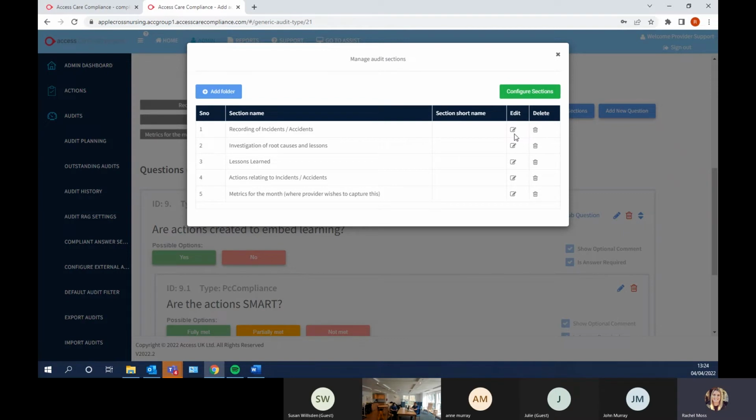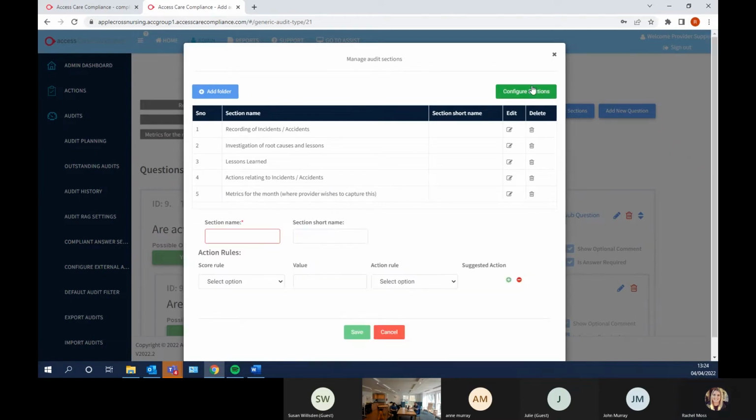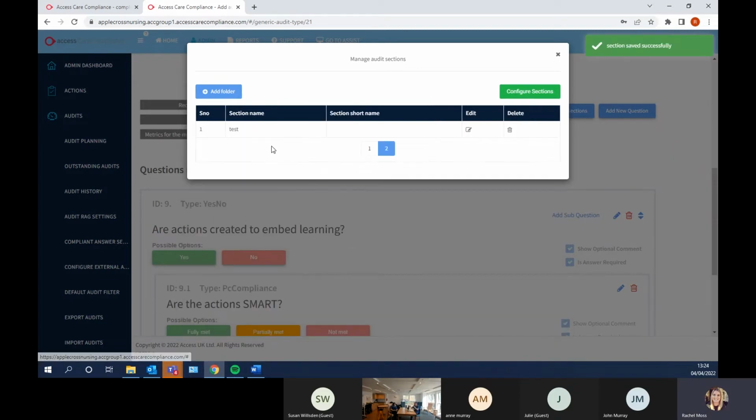You've got your edit icon if you want to rename any of the sections. Your delete icon will obviously just remove the section. And if you want to create additional sections, click Configure Sections. The only mandatory field in here is the section name. So if I just create a new section called Test, if I then just click Save, that just adds my test section onto the end. And if I just edit my test section,